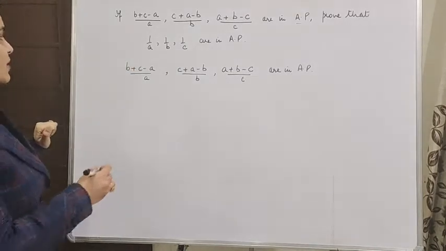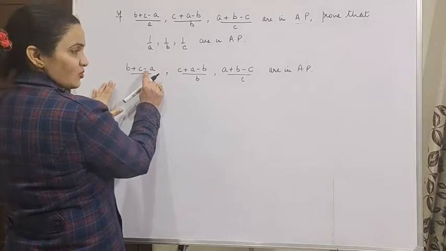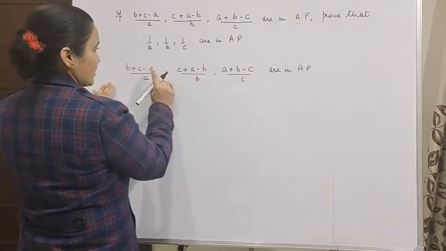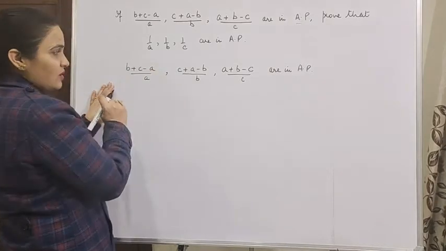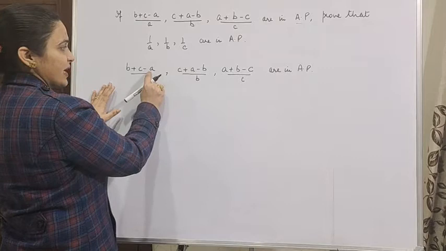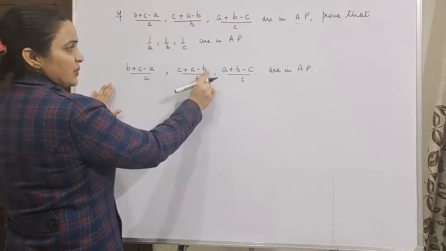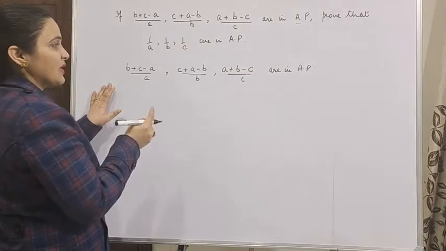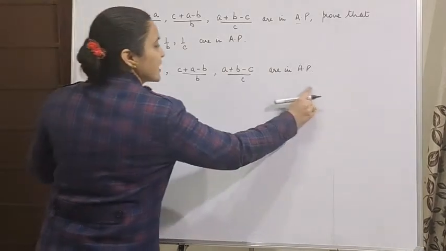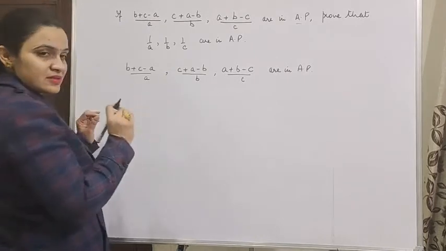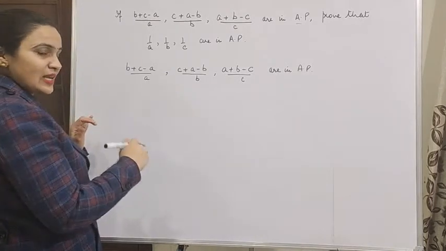तो ये सेम कब होंगी, अगर यहाँ प्लस A हो जाए, यहाँ प्लस B हो जाए और यहाँ पे प्लस C हो जाए. तो यहाँ प्लस A कैसे होगा, अगर यहाँ पे मैं 2 टाइम्स A ऐड कर दूं तो 2A माइनस A प्लस A हो जाएगा, यहाँ पे 2B और यहाँ पे 2C. तो सिंपल हमने क्या करना है, अगर ये टर्म्स AP में हैं और मैं इनमें कोई कांस्टेंट ऐड कर दूं तब भी ये AP में ही रहेंगी.